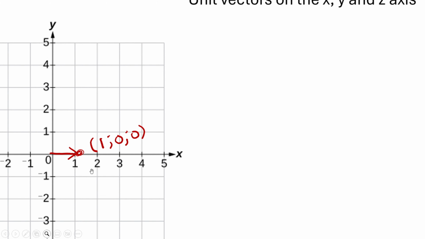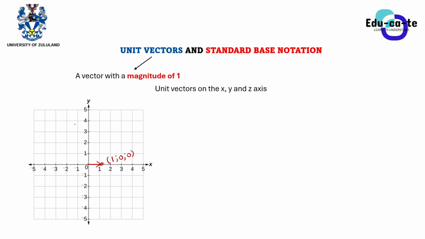If your unit vector is on the x-axis, we say it is known as i. We use this letter i to represent it. When you see a vector i, this is a unit vector. We put a cap on top of it to say that this is a unit vector or a directional vector. Its components are given by 1 on the x-axis, 0 on the y-axis, 0 on the z-axis. It just means that it only has a length of 1 along the x-axis.